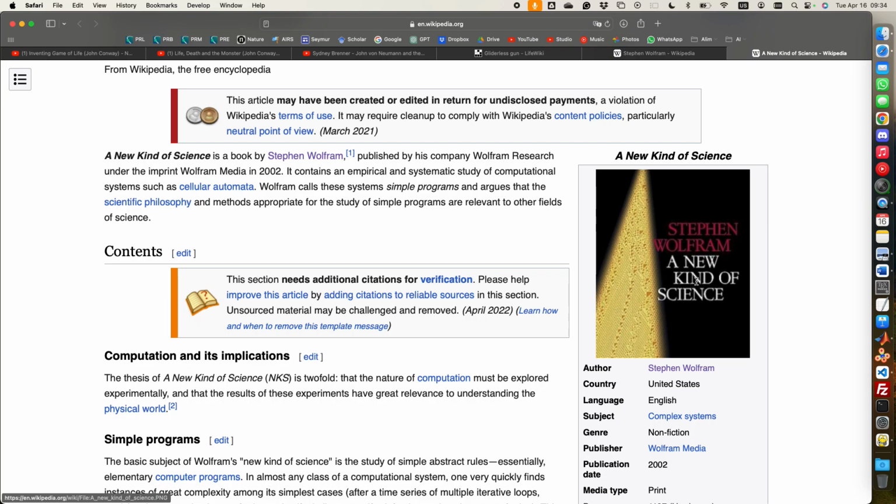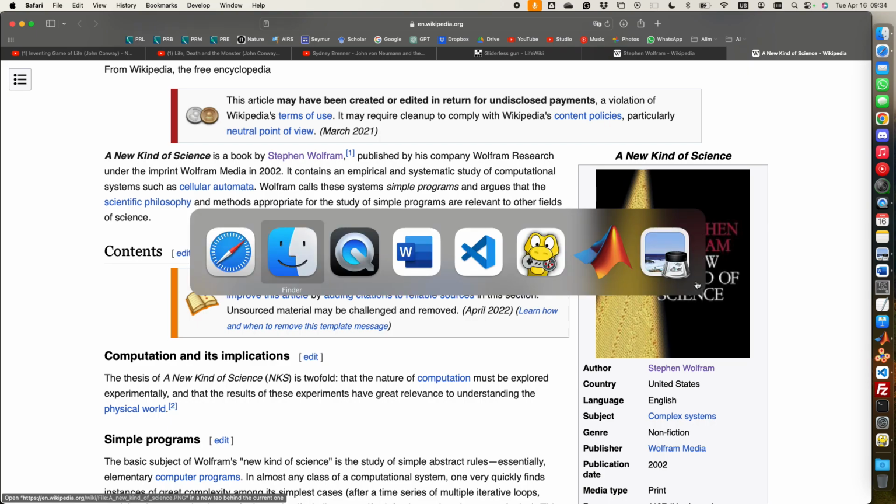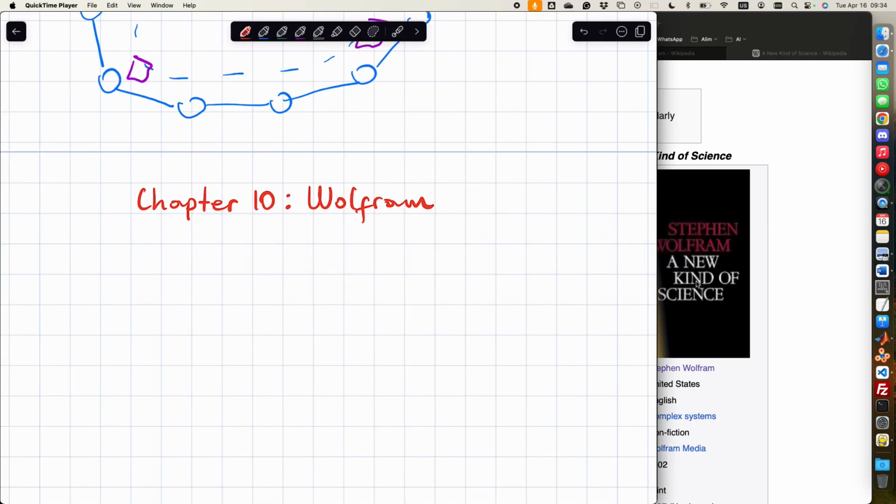So we will start with a very simple, but maybe the most important thing in this book, which is elementary cellular automata. Okay? So let's talk about elementary cellular automata.